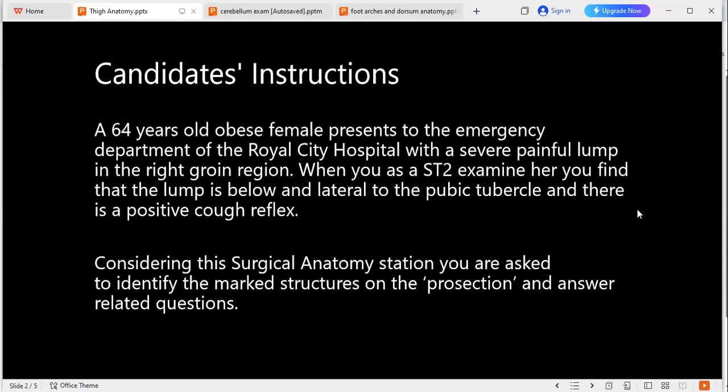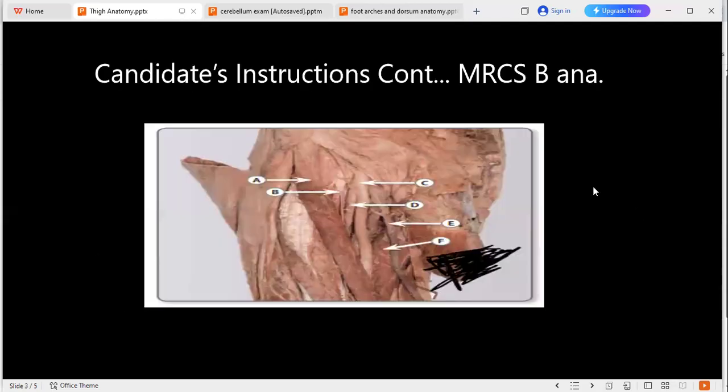Okay, we'll come back to that later. Right. Okay. If you could look at the image and identify the structures from A to F, can you please? Yes, A is sartorius. Right. B is genitofemoral nerve, and D is, sorry, E is